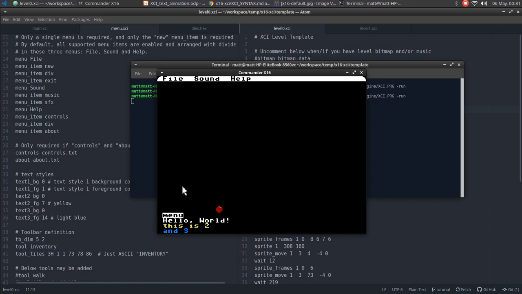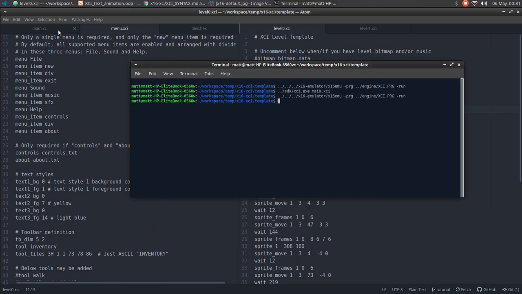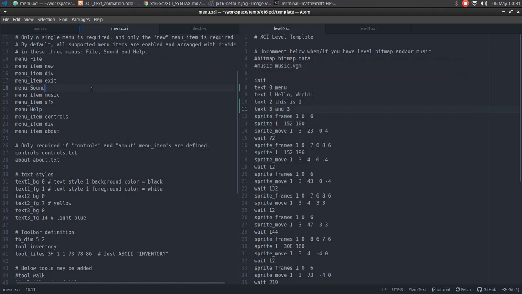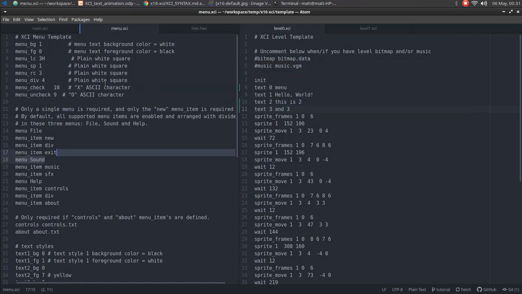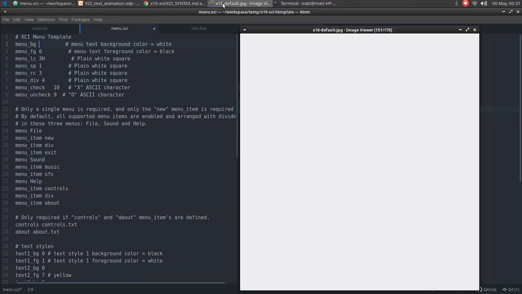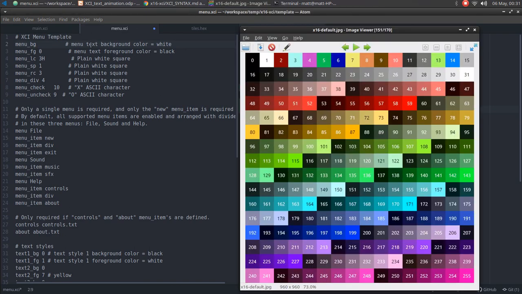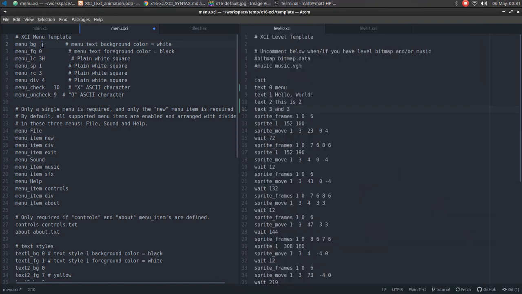And there we can see that menu text. It looks just like the menu text. It's black on white. And then we see the reverse for text style 1, and text styles 2 and 3 being these different colors. And so then we can go ahead and play with some of these colors. If we wanted to change the menu colors, we could do that. Say we wanted to make that background something other than white. Let's say we want the background to be, like